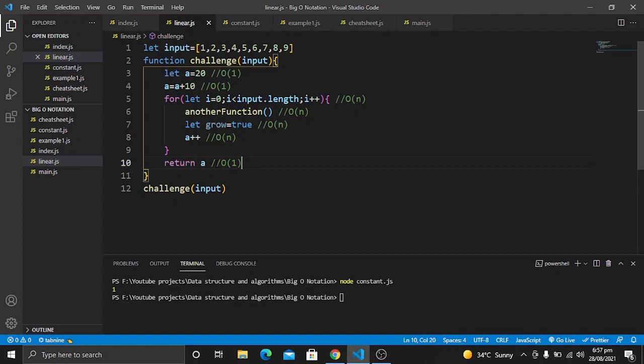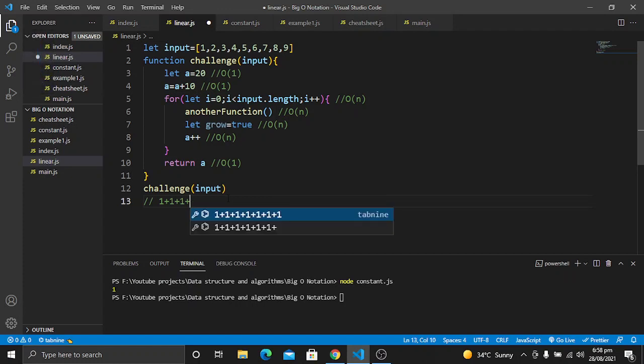Now I will calculate the time complexity of it. So let's go here. It will be 1. Then plus 1. Then here it will be plus 1. For return it will also be 1 time. Now let's calculate the O of n's, which are 1, 2, 3, 4. So there are 4 O of n's in our code.